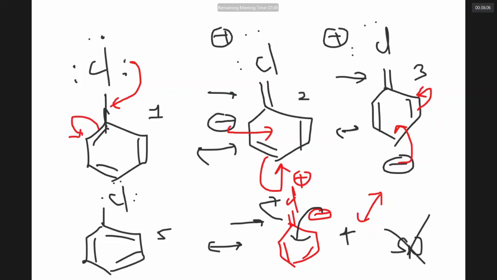Why will chlorobenzene not undergo nucleophilic reaction? There are 4 reasons. First reason is the C-Cl bond has a double bond nature due to resonance, which is difficult to break. Chlorobenzene never prefers SN reactions. There are 4 reasons. Out of 4 reasons, first reason is what? Carbon-chlorine double bond. Yes. Are we very clear?